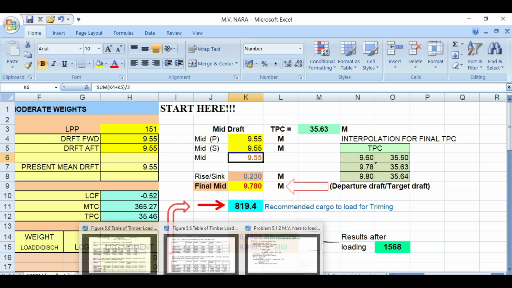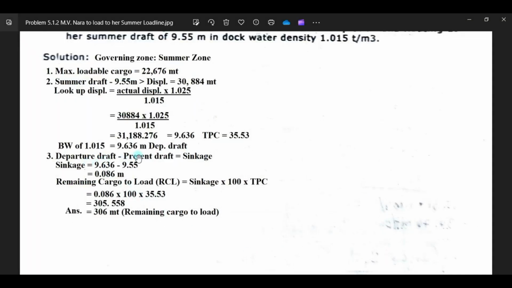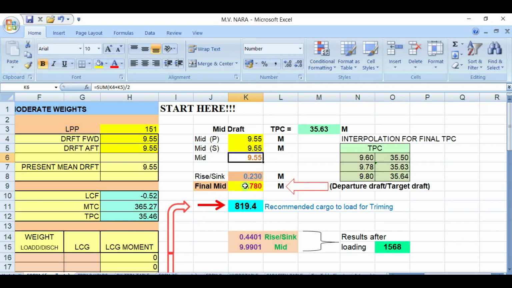Your departure draft of brackish water is 9.636. Okay, so we put here 9.636.